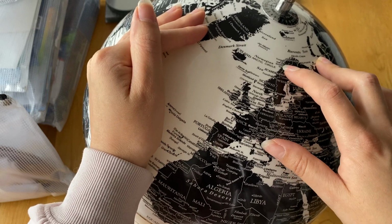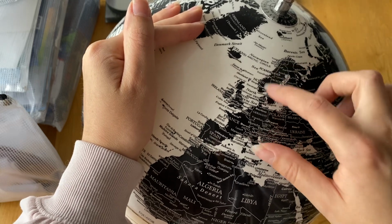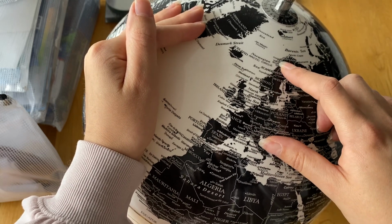I think we only have about 2 or 3 hours of daylight when we go in February, so yeah, I'm looking forward to that. Then our next trip